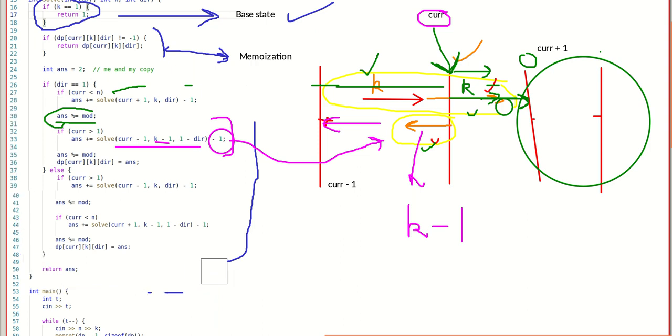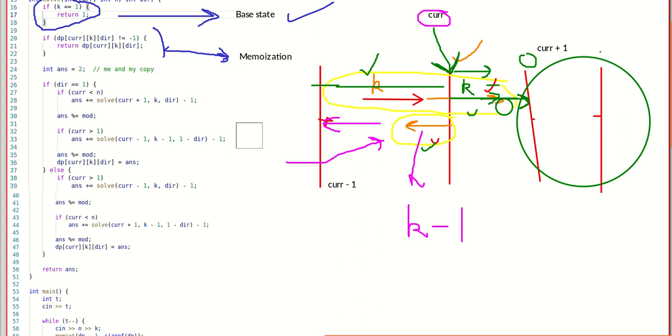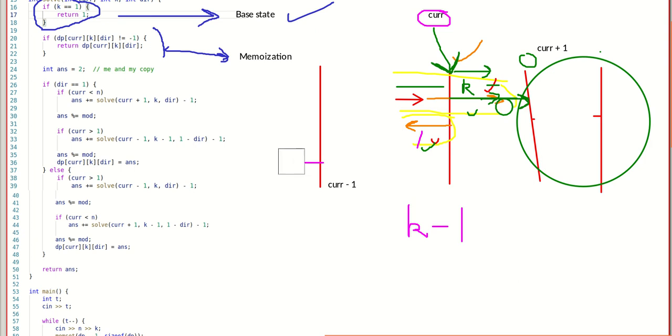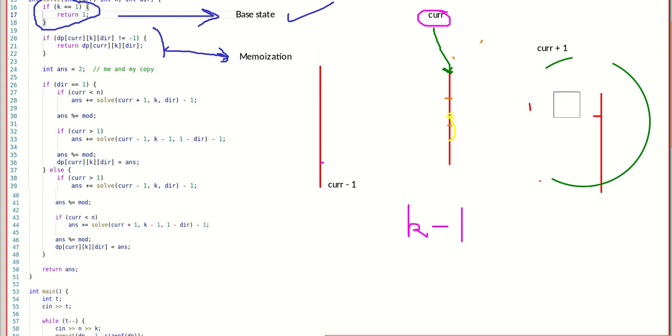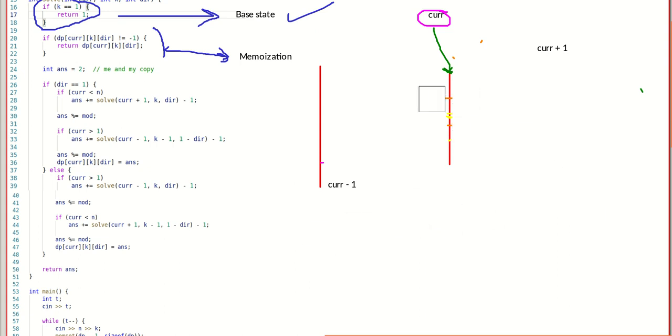So this was my case if my particle was moving towards the right. Let me explain again for the particle moving toward the left so that it is properly clear. If my particle is moving toward the left, let us take this plane as current only.